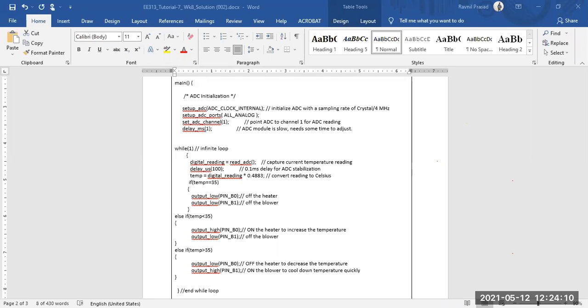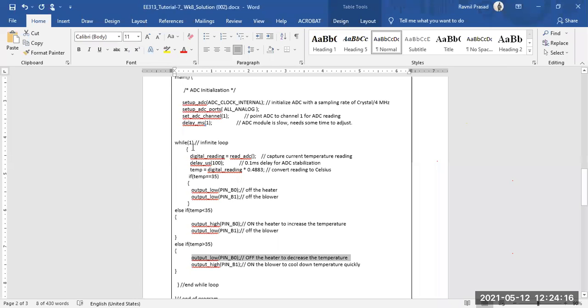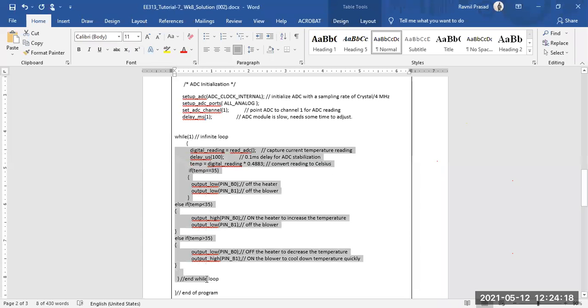Now, where we wrote our while loop, the whole of this while loop, right? This particular part now needs to be placed inside this particular loop, right? This is the interrupt function. This is where we'll place this entire while loop into this, right? So that's how you use the